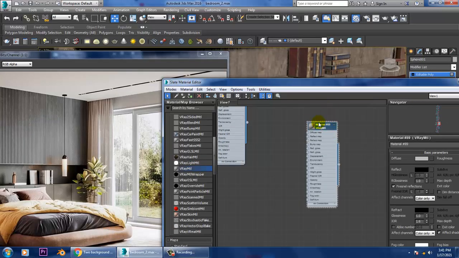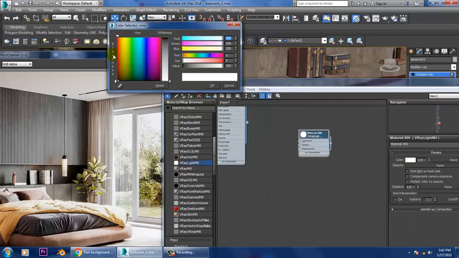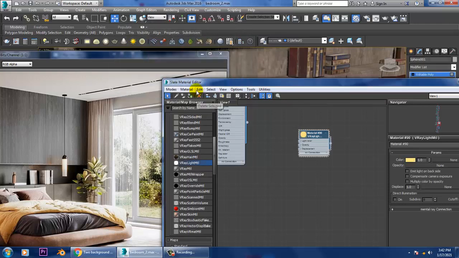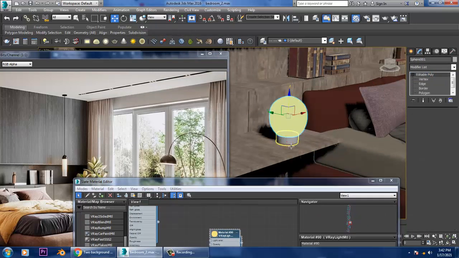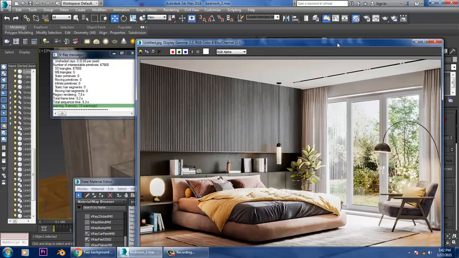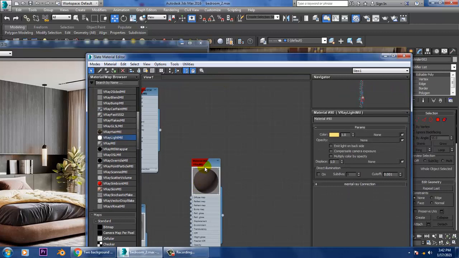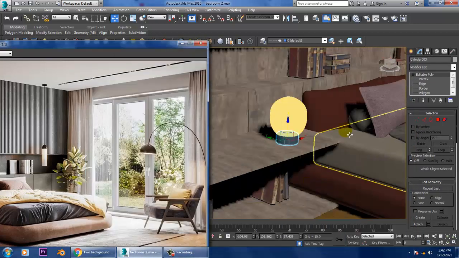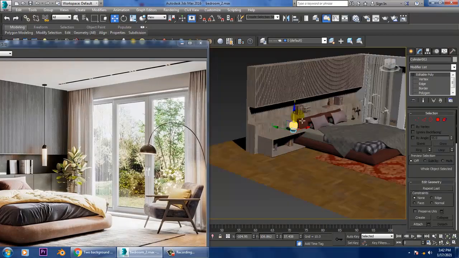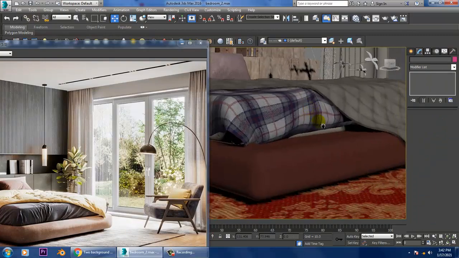What we can do is take a V-Ray light material and make it more towards yellow, and I can use this light material. Select this over here. Let's just take this material over here. So that can be easily achieved.